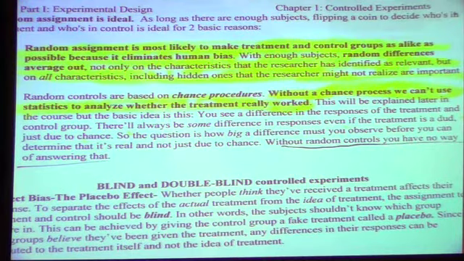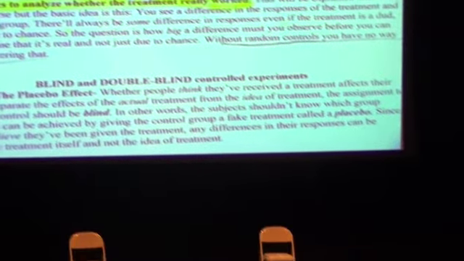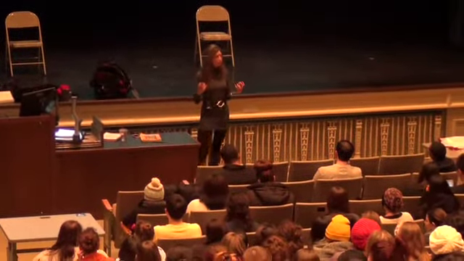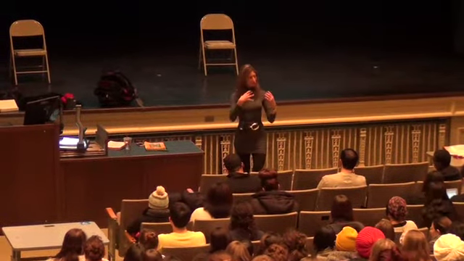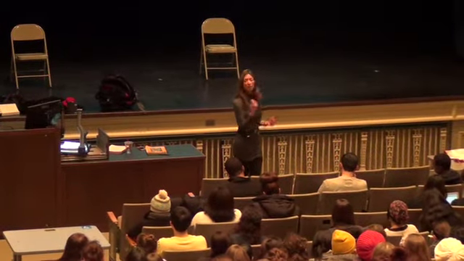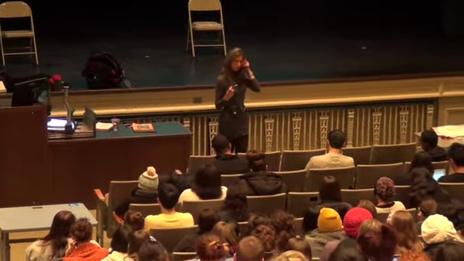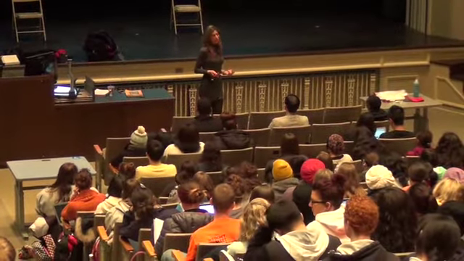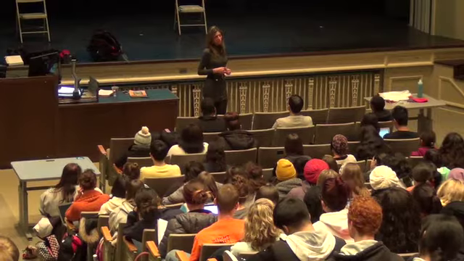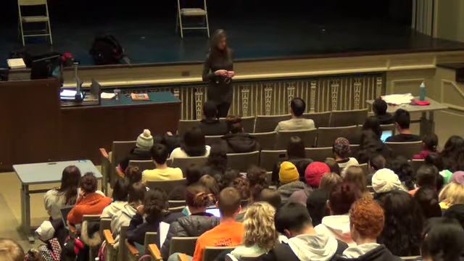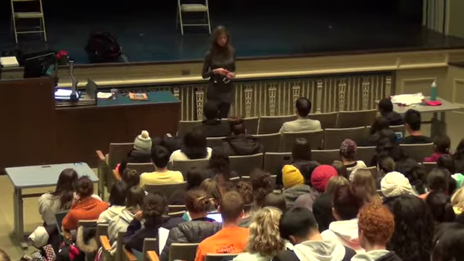If they're well beyond, very unlikely to see just by chance, such an extreme difference, such a healthier group, that the group who got the drug would have improved so much in their health status, then the chance that we would see that just because of random variation, if it really didn't work at all,